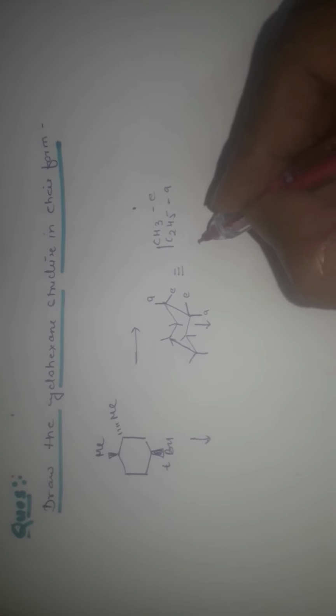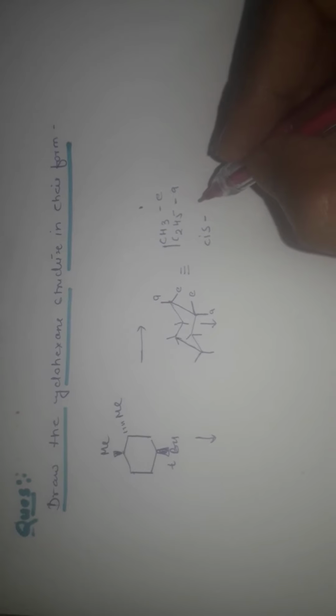If anybody says you will draw this structure in chair form, first of all you should know about cis. In cis form, the two groups exist in A and E form, either AE or EA, when the groups are present at positions 1,2 or 1,4, but in the case of 1,3 it is reversed.